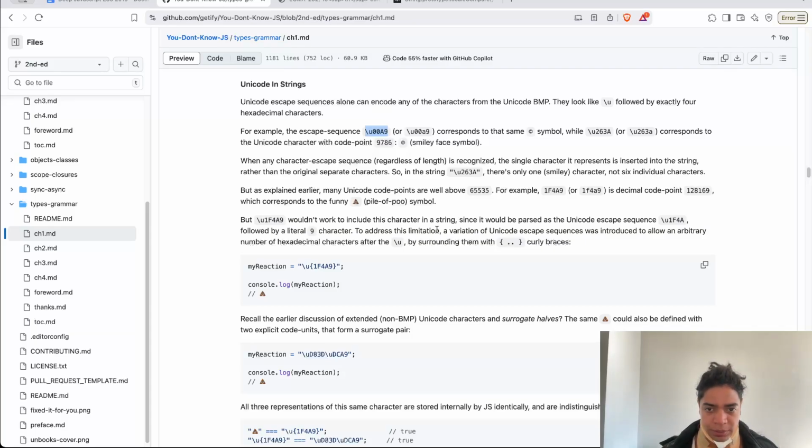To address these limitations, a variation of the Unicode escape sequence was introduced to allow an arbitrary number of hexadecimal characters after the \u surrounded by curly braces. So, for example, if we want to do this,